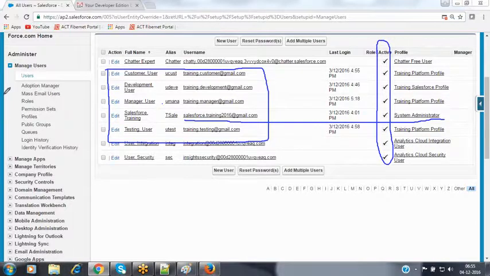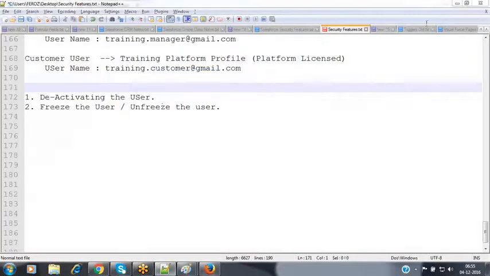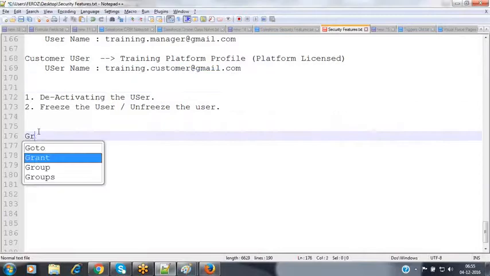For that, Salesforce is providing one option called Grant Account Login Access.